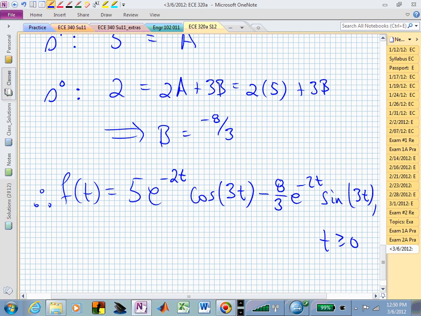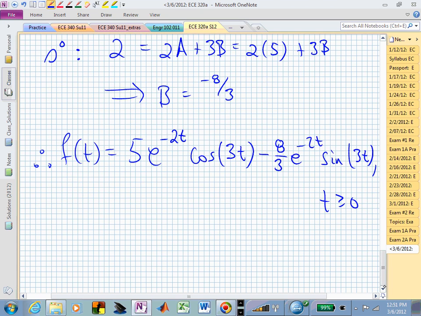And the way that you might show that is you could say, oh, well, this is a sine and a cosine of the same frequency. Those actually could be combined. And if I combine those, it will give me a phase shift in the cosine argument. Meaning if we wanted to combine these,